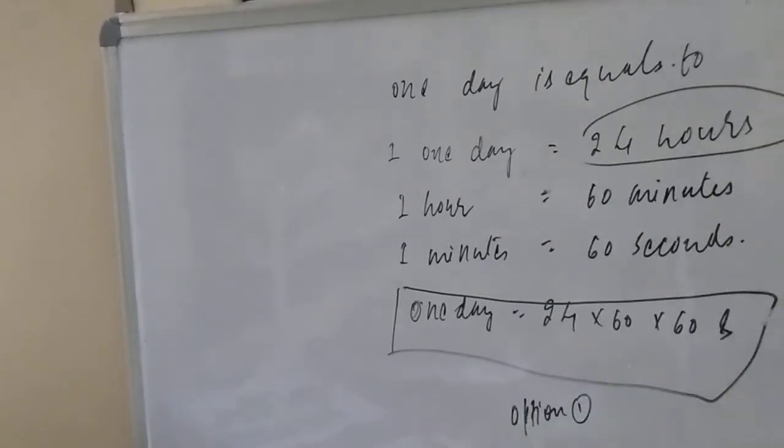This is a very easy question. But first of all we should know that one day is equal to 24 hours. That is very easy. Then you convert into minutes. Okay, then you convert into seconds, because the SI unit of time is what, student? That is second. The SI unit of time is second. So the correct option will be option number 1.